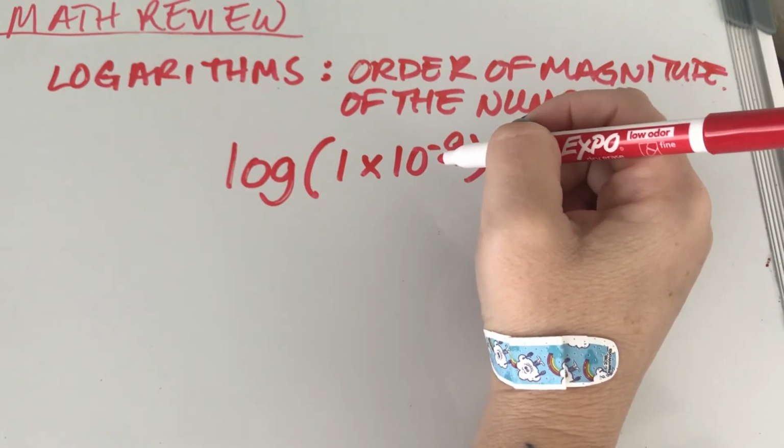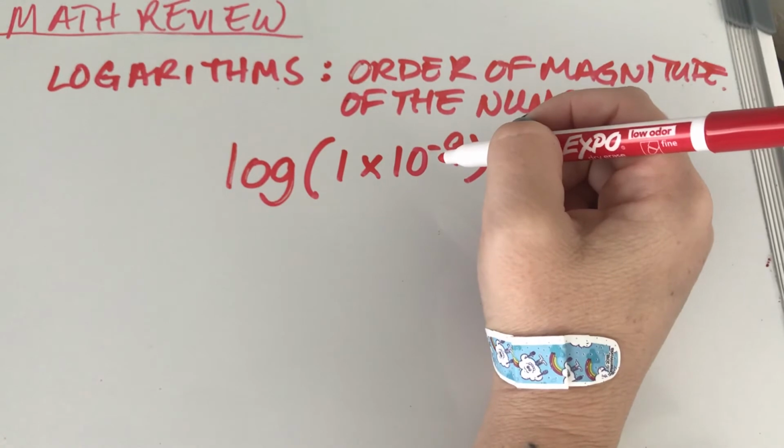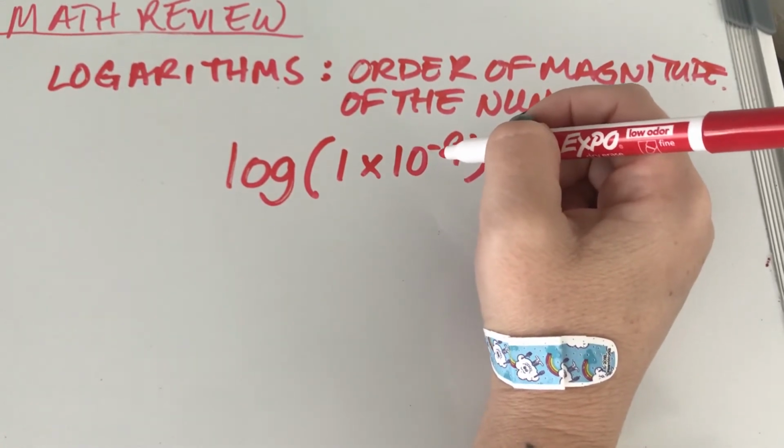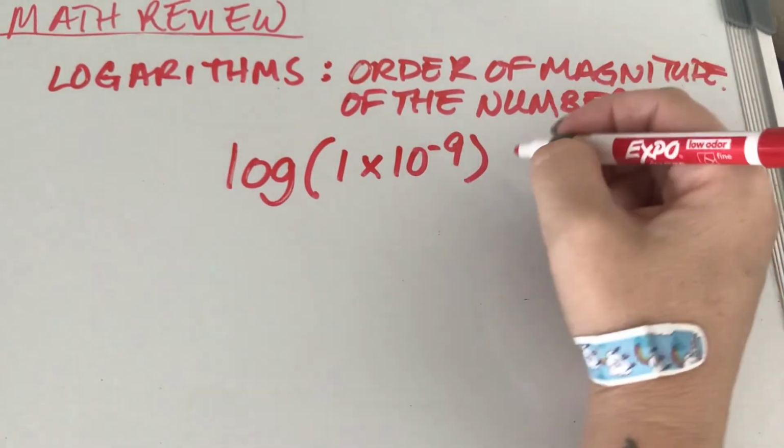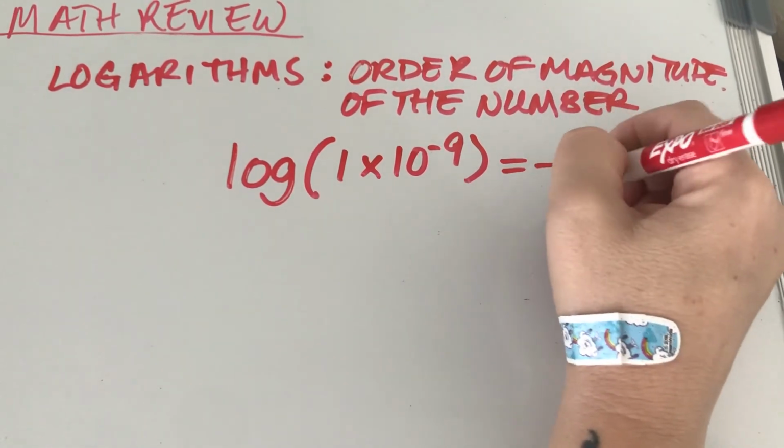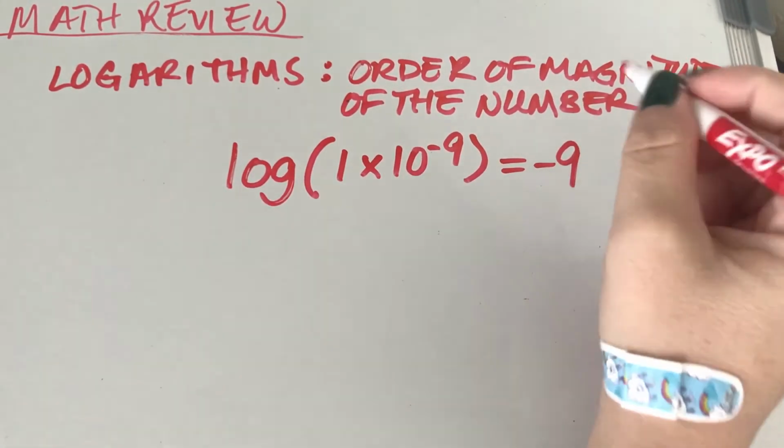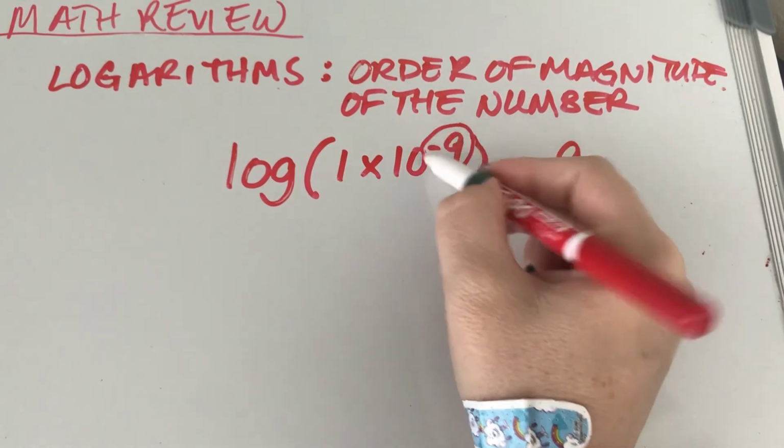If you don't know how to put scientific notation in your calculator, we're going to talk about it on Monday, so don't stress. I got -9 on my calculator. Yep, -9, right? So again, the exponent here